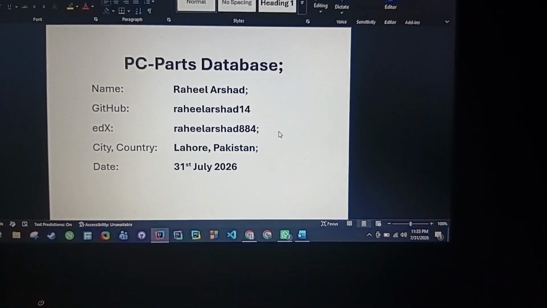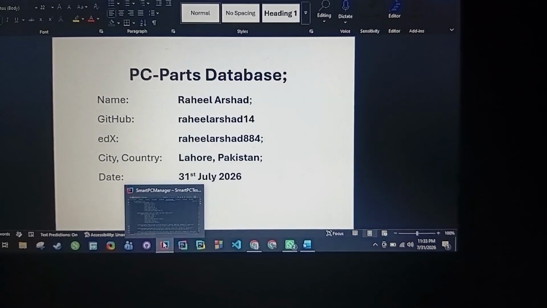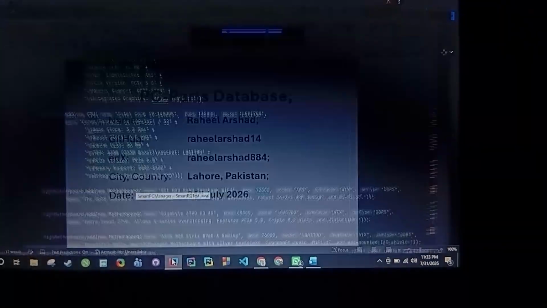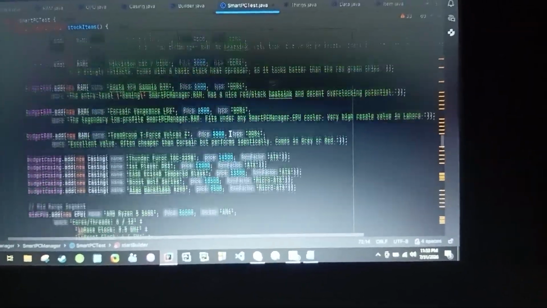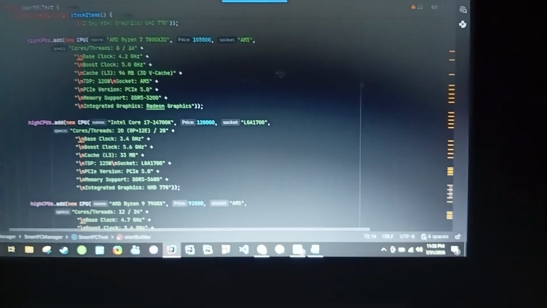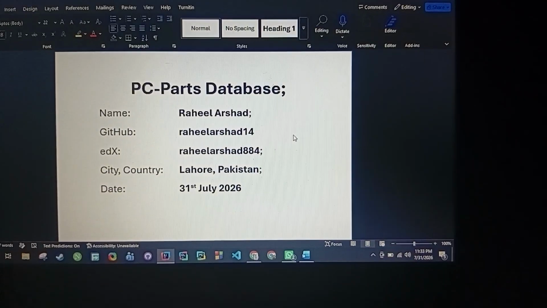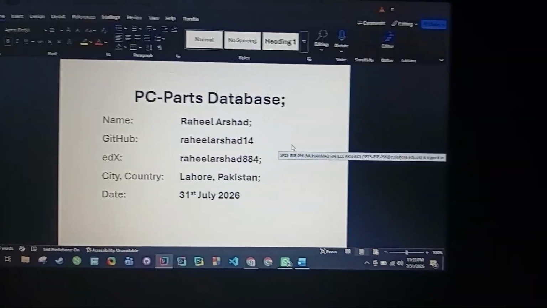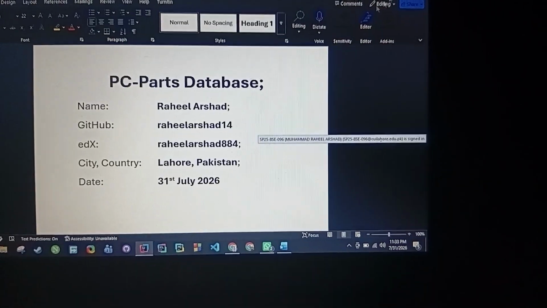The idea was that I developed an application in my second semester, the object oriented programming project in Java, and at that time I stored everything in array lists. So the data was volatile, and as soon as we closed the application, everything was gone and erased. So now that I know databases, now that I have taken the CS50 course, I decided to solve that